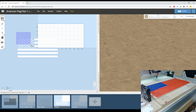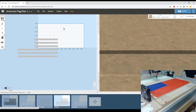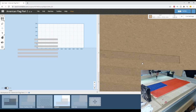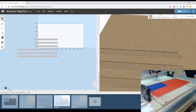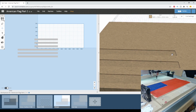I'm just going to delete out by selecting and then pressing backspace. Select my stripes, set them to 2 millimeters, and I don't want to carve all those out with the V-bit. I'm going to make this a little bit faster of a carve by actually using an 1/8 inch bit in there. My favorite is a compression, but it's not really going to do that much good in here. So a downcut bit is actually going to produce a cleaner cut on the surface here. Since we don't want to go around sanding this, that is what I'm going to use, an 1/8 inch